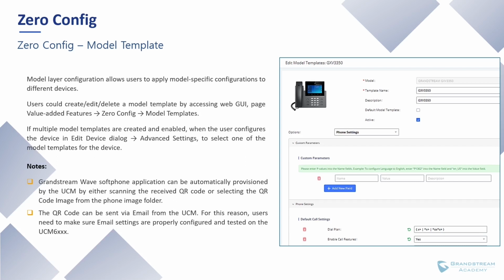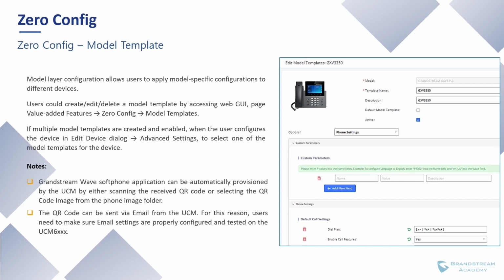Model layer configuration allows users to apply model-specific configurations to different devices. If multiple model templates are created and enabled, when the user configures the device, the user can select to use one of the model templates for the device. For each created model template, users can assign it as default model template. If assigned as default model template, the values in this model template will be applied to all the devices of this model. There is always only one default model template that can be assigned at one time on the UCM,